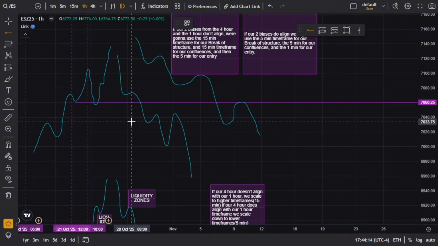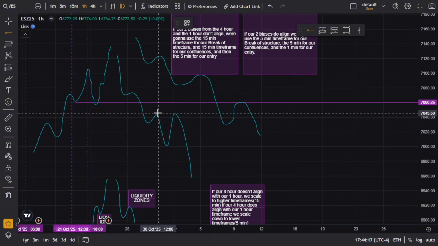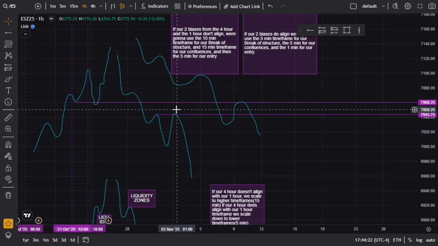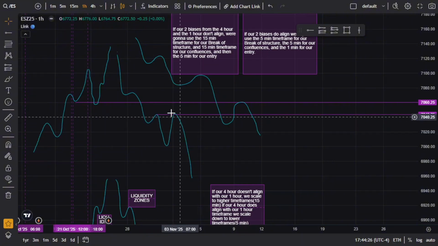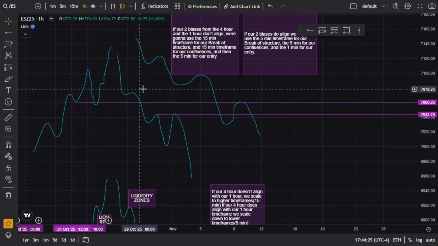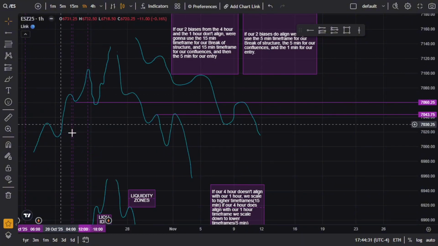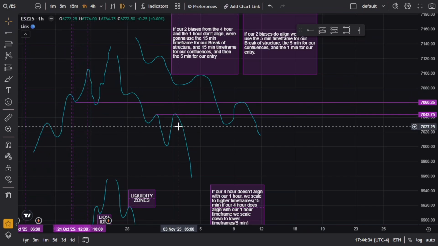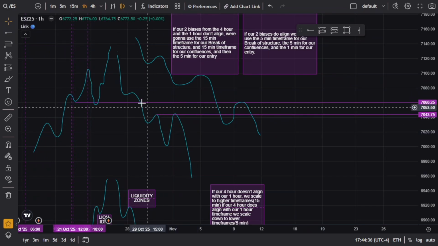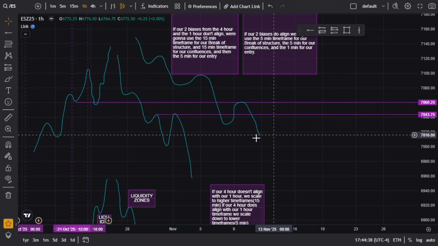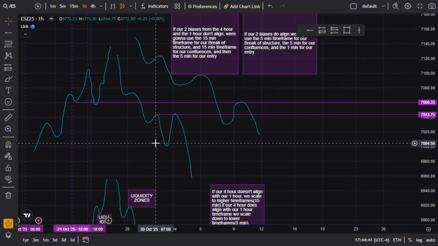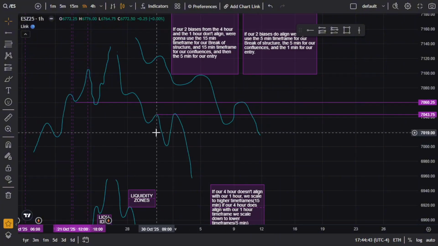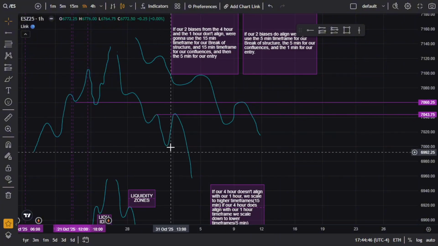So if we're in a downtrend, we're going to mark out previous highs. Here, liquidity pushed past this, and our breaker structure was to the downside, meaning we went the opposite direction. So liquidity rests above highs in a downtrend and below lows, like we talked about before. We mark out previous highs, stuff that's already happened. That's why it's called previous highs. We wait for liquidity on the 1 hour time frame to be swept and go back to that zone.